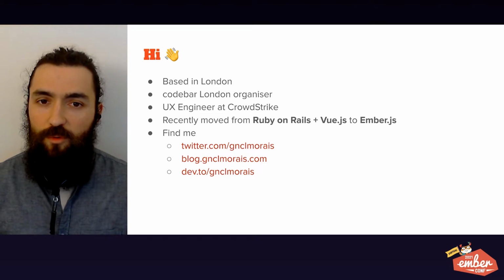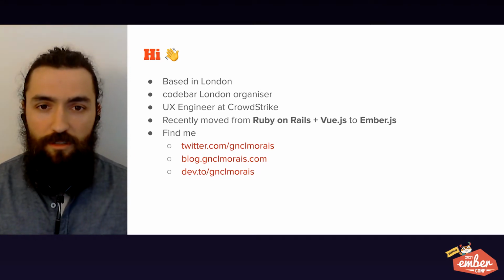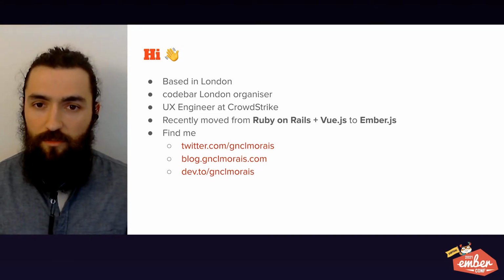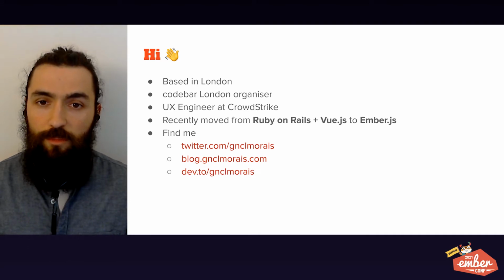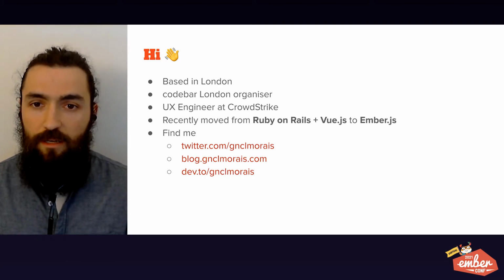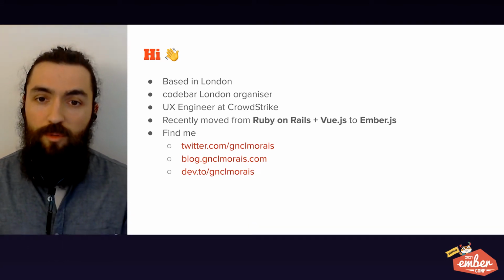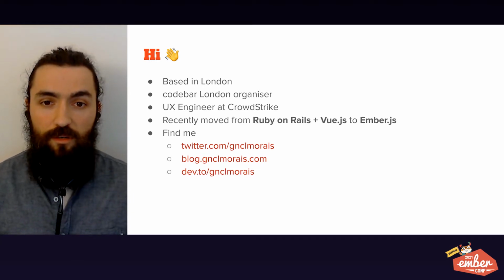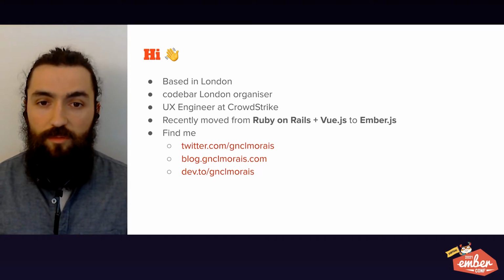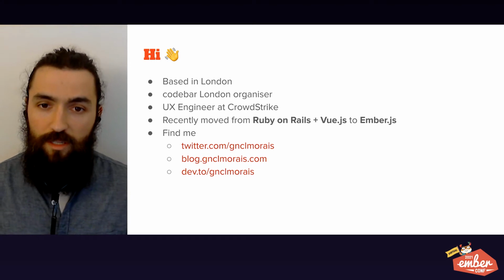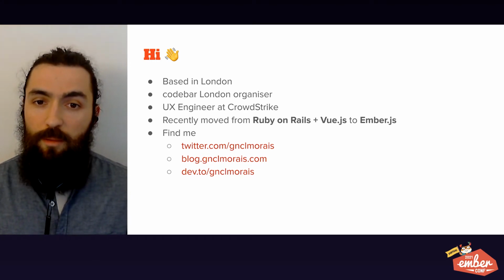A bit about me before we start. I'm a computer engineer in London. I'm one of the organizers of Code Bar London, where we run free programming workshops for minority groups in tech. I work at CrowdStrike, and while I've been working with Ember.js for the past half year, before I spent 5 years working with Vue.js. This talk is about these 6 months that I've been trying to map my Vue knowledge